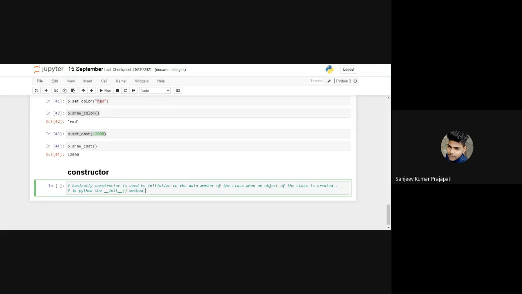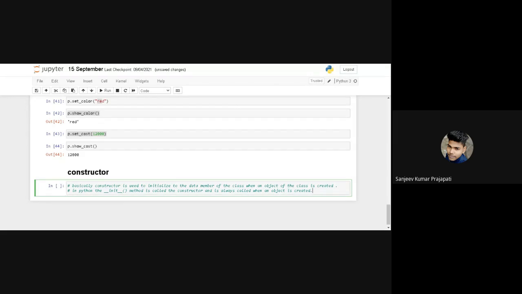So the constructor method is always called when an object is created.